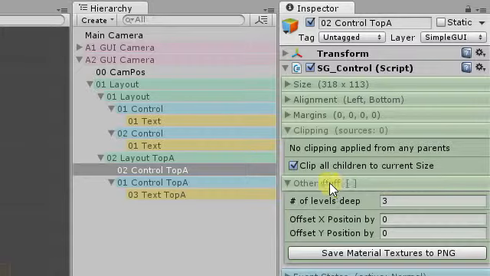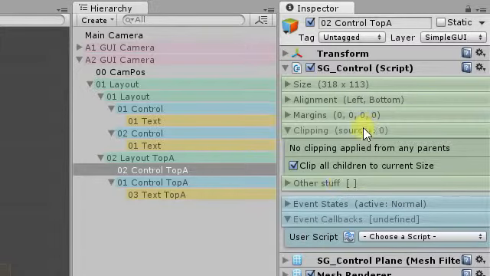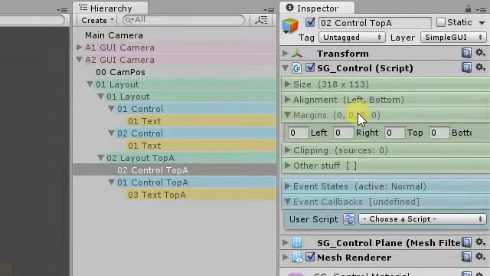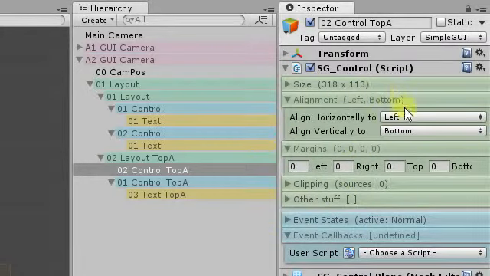Same thing for the stuff. It doesn't really show anything. Margins should show it. Alignment does show it. So